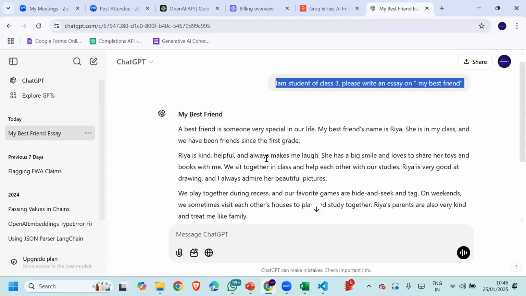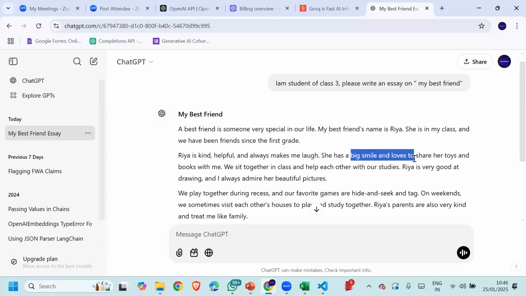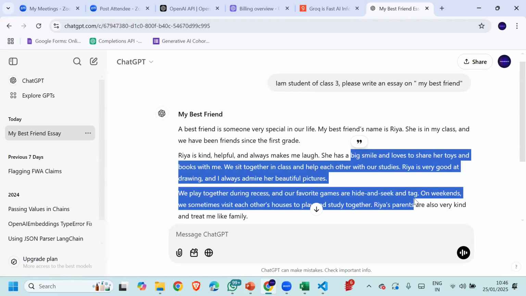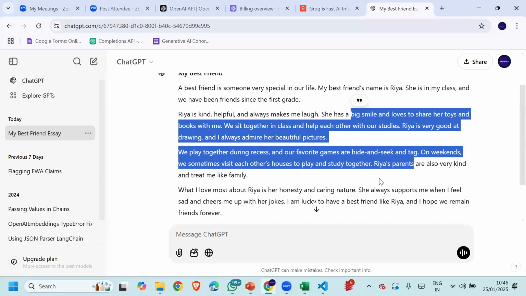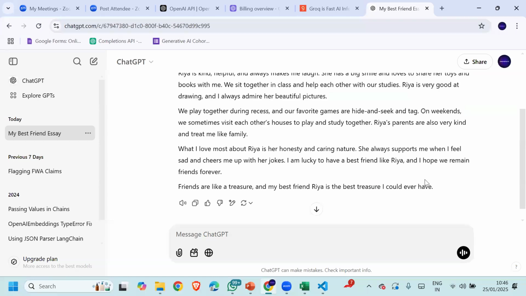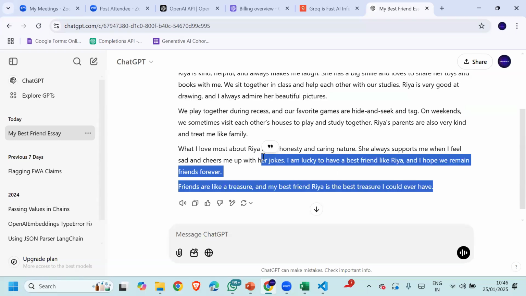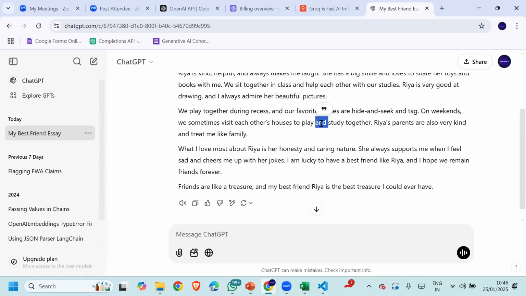Ria is kind, helpful, and always makes me laugh. She has a big smile. So it will try to use some words which mimic a student of class 3. That's what I'm saying. It depends basically on how you're writing the prompt, and then I think you can